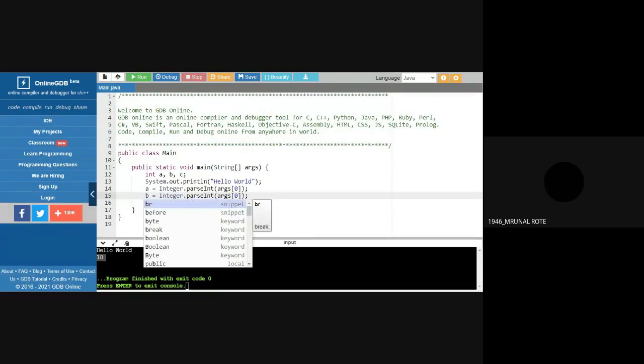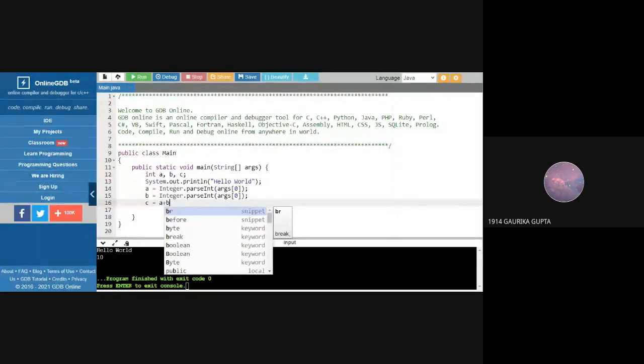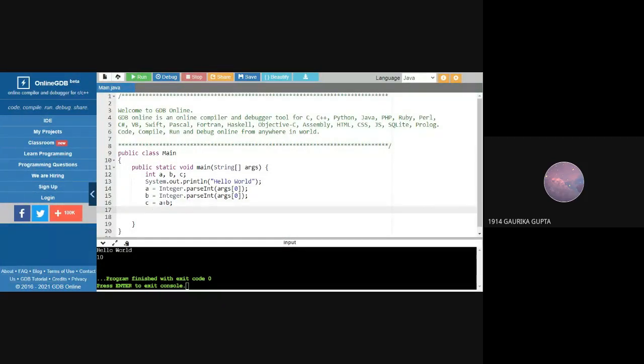Ma'am, what is parse? Parse int is actually converting string to integer. As I told you, whatever the command line arguments that we passed, it is stored in ARGS array of strings, and that is in double quotes 10. It is a character 1 and 0. So to convert that character 10 into integer value, we need this parse int command. Why can't we only use integer, like we were changing from integer to byte or double to integer yesterday? We were just adding that in brackets. That is not applicable for string to integer conversion. I'll explain you.